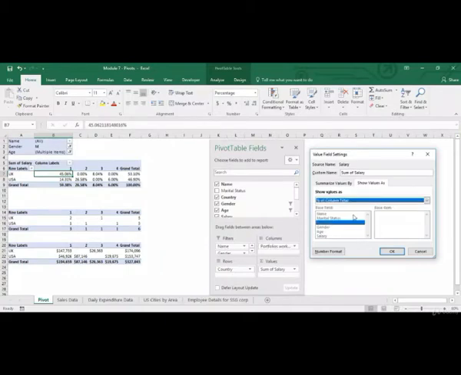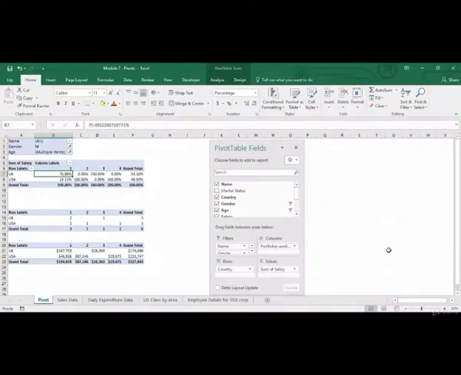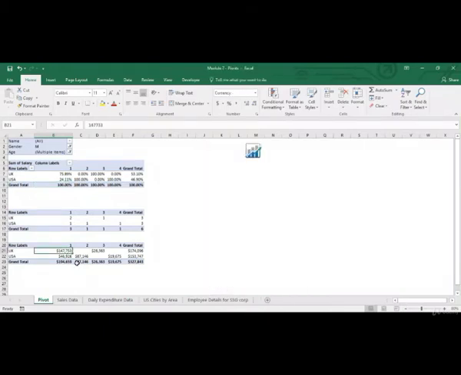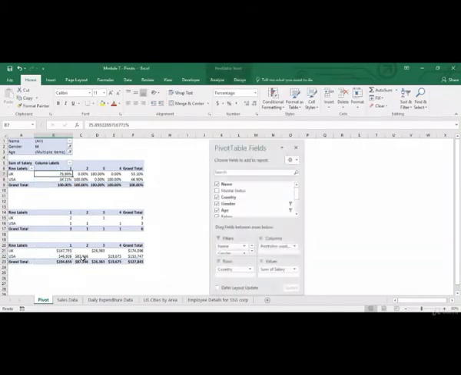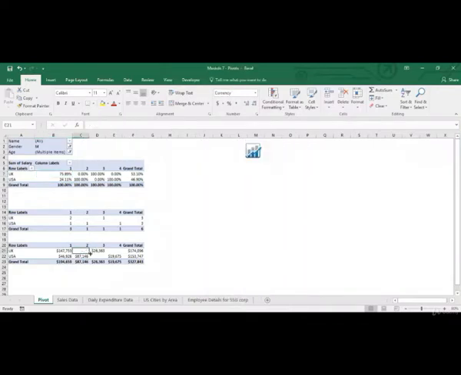Percent of column total. Now each and every column will sum up to 100%. So 147k out of 194k is 75%. Similarly, where values are 0, this will be 100%.